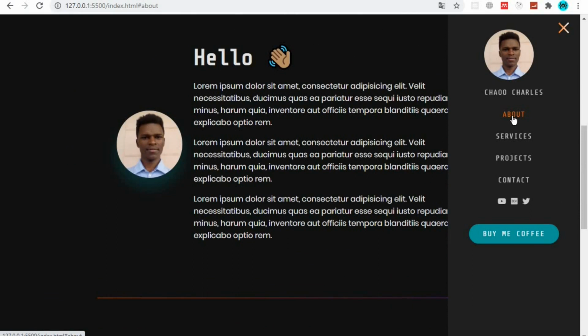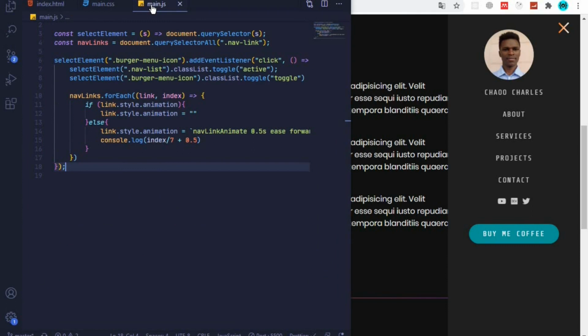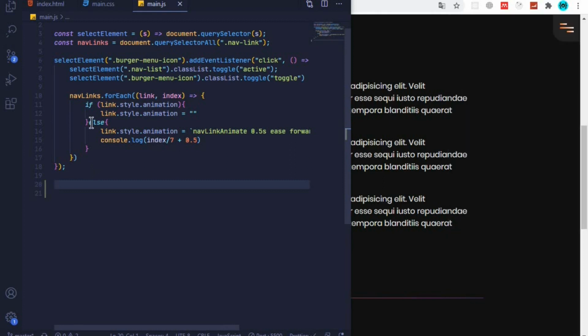Now to do that, we need to go to our JS file and do something to it, which will be really easy if you followed the last episode. So I'll go back to my code editor and open my main.js file. The first thing that I'll do, I'll use forEach, like we did here, to select each of these links that we have here, and then we will toggle our side navbar. Just after this one, I will add a new line here, and we already created a constant called navLinks, so it's the one that I'll use here, navLinks